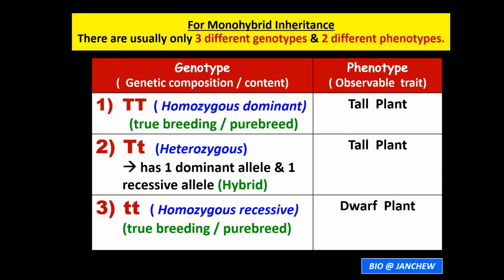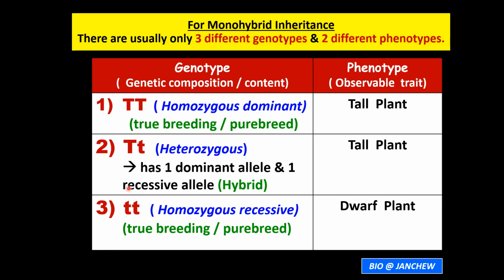In conclusion, for monohybrid inheritance, there are usually only 3 different genotypes and 2 different phenotypes, although there may be some exceptions. Referring back to the first experiment in the first video that was carried out by Mendel on the characteristic of height, there are 3 different genotypes. Big T, and this organism which has this genotype is said to be homozygous dominant, true breeding, or a pure breed. Okay, and then we have the